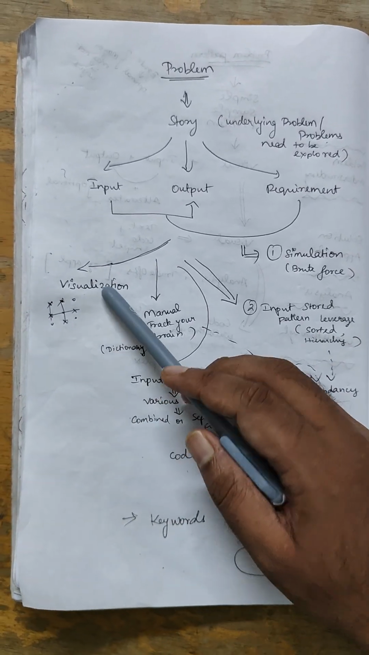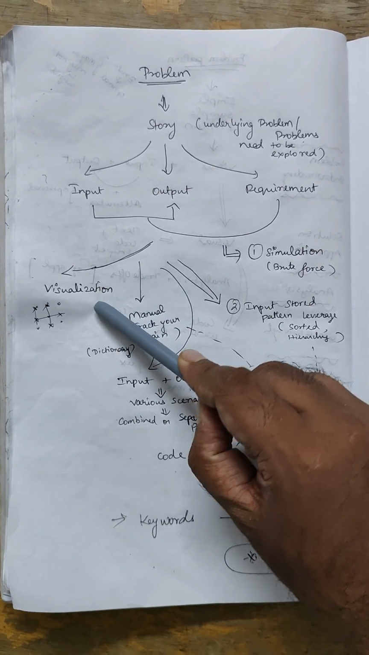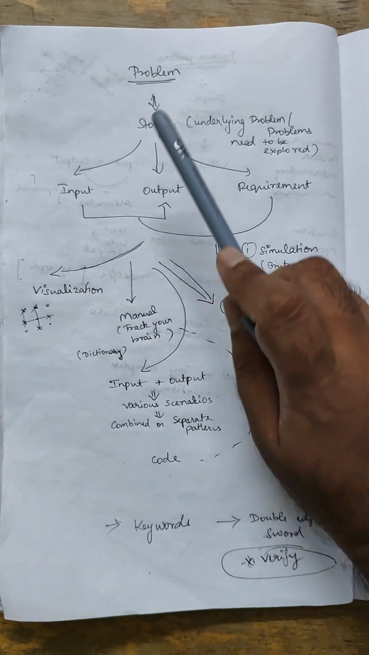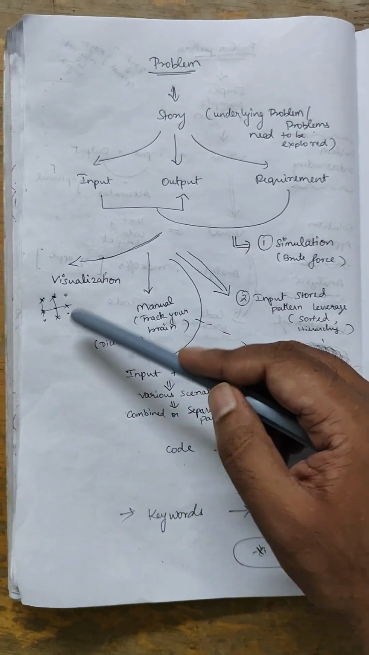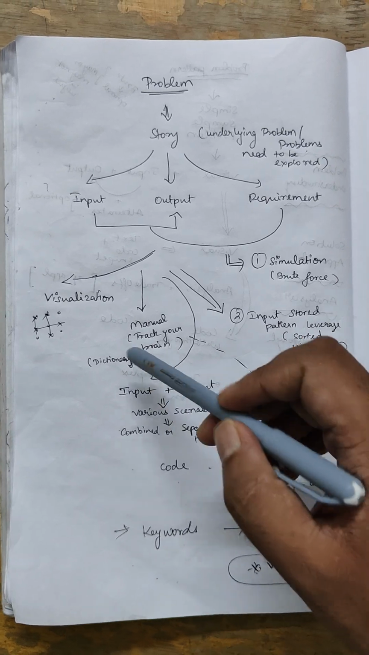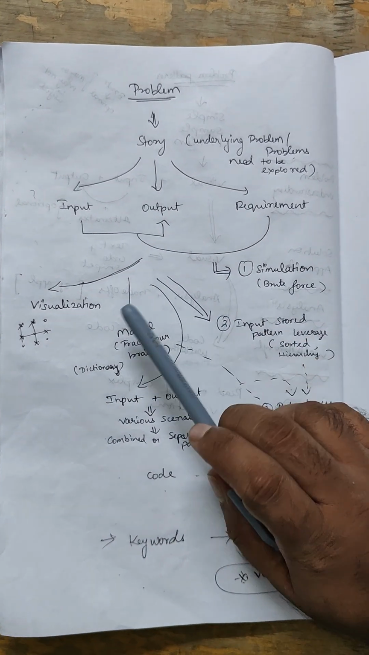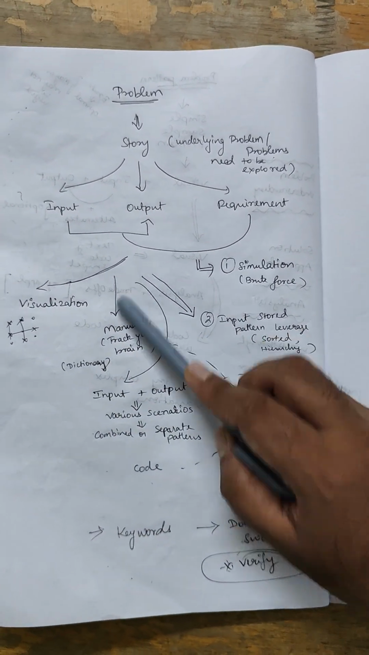This is a very random example, but for a lot of examples you could try to come up with some sort of visual representation of the story that will probe you to look for patterns in that story. So that is one way. Second way